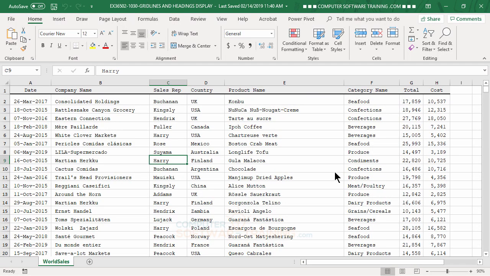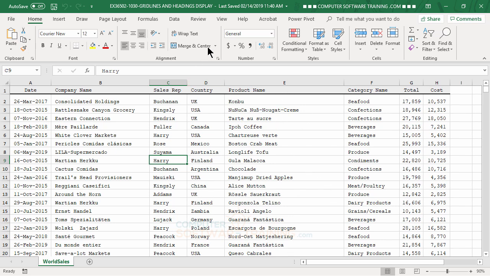Here we're just going to talk about a few minor things, things that you might not do all the time, but you might like to do from time to time, just because it makes your worksheet look a bit different. First of all, if you don't like the grid lines, if you want to make that just nice and clean, where the only thing that'll show up would be any kind of borderings that you might have put in there,